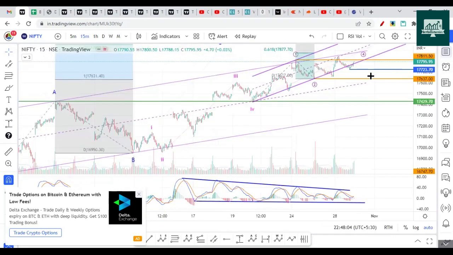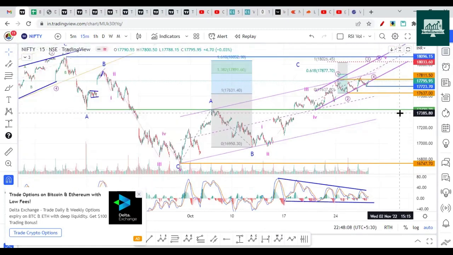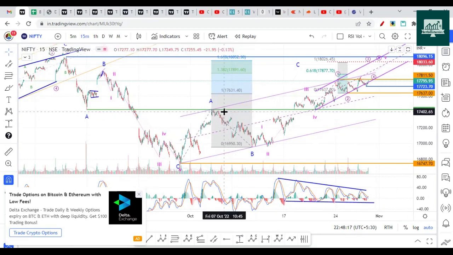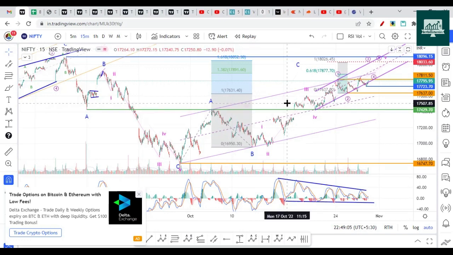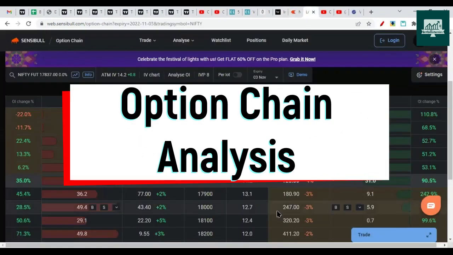I think there is some news also in line, some RBI meetings and all. If you know that, you can add those details in the comments. So that's all on the Elliott Wave front. Hope you understand how many swings are pending and what levels we are expecting with the three charts concerned. So with that, we'll conclude the Elliott Wave analysis and go to option chain analysis.